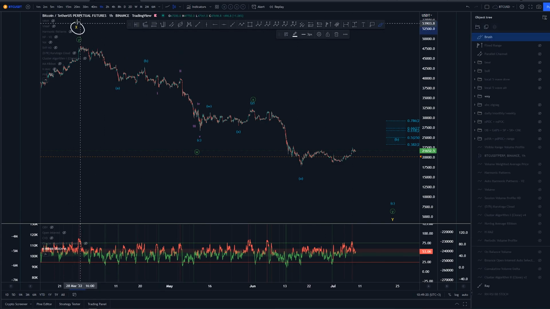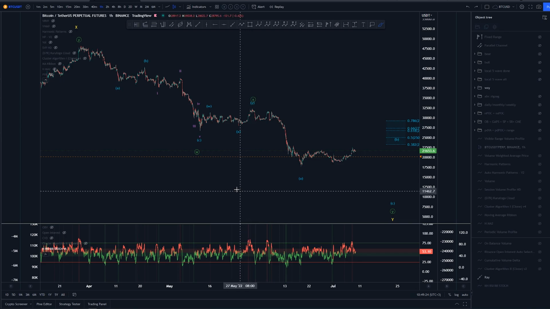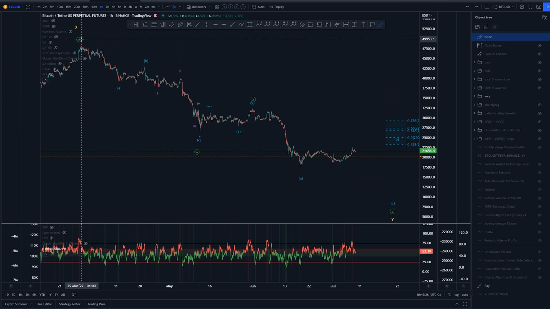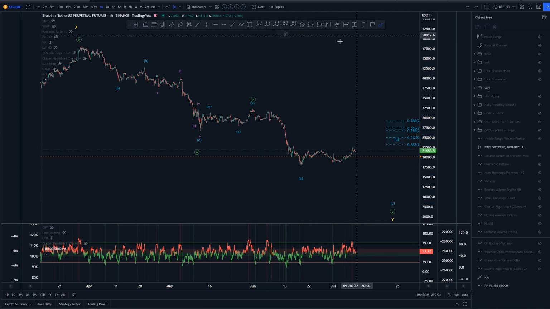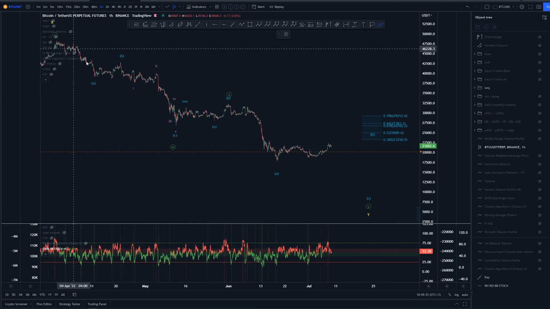Overall, we are looking at this as an X, and now we are looking into the wave Y of minor scale. Within this wave Y, we have a W, X and Y. Again, you can label these substructures as you wish. This is how I'm labeling it, as a WXY, which, again, is not to be mistaken, is an invalid way